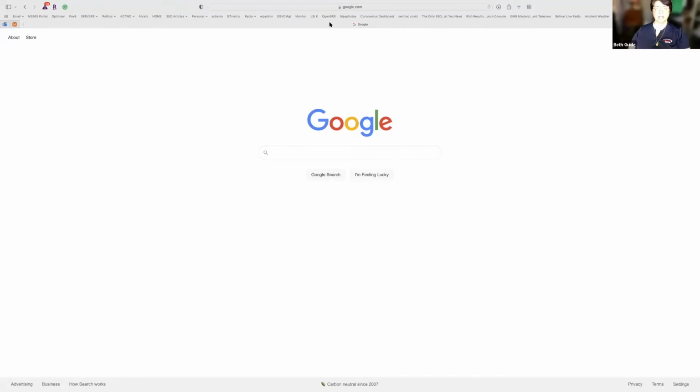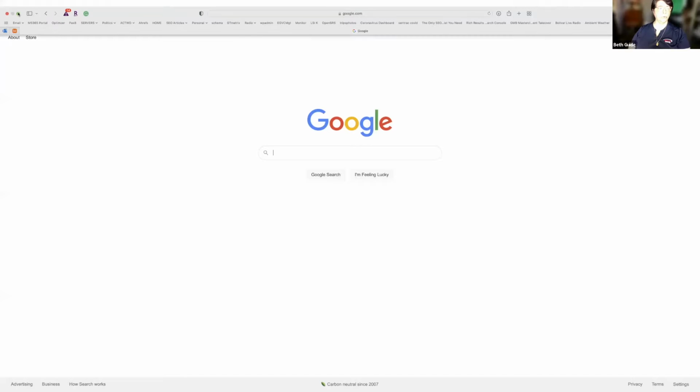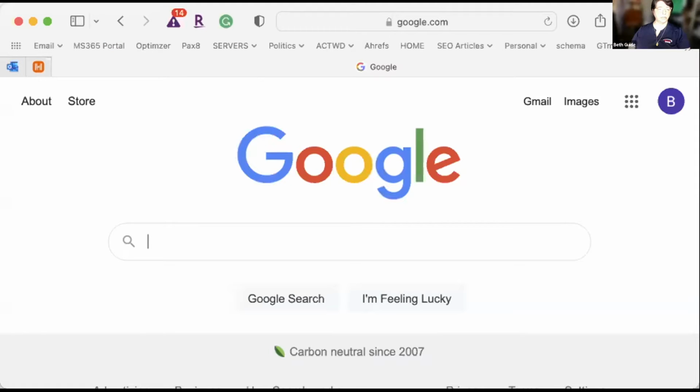But what it really all comes down to is how do you work in a local space, and what does that look like? We're going to talk about that because I want to talk about it from the Google side, and I want to talk about it from the website side. And I think if you want to have success in this area, we need to understand both sides of this.